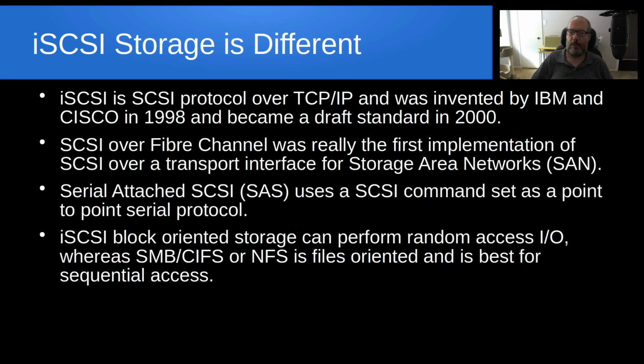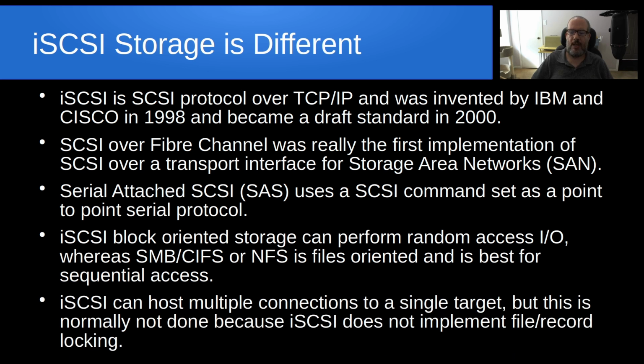So iSCSI block-oriented storage can perform random access I/O, whereas protocols like SMB or NFS are file-oriented protocols, and they're best only for sequential access. iSCSI can host multiple connections to a single target, but that's normally not done because iSCSI does not implement any sort of file or record locking, and you would have to count on the program accessing the data to do